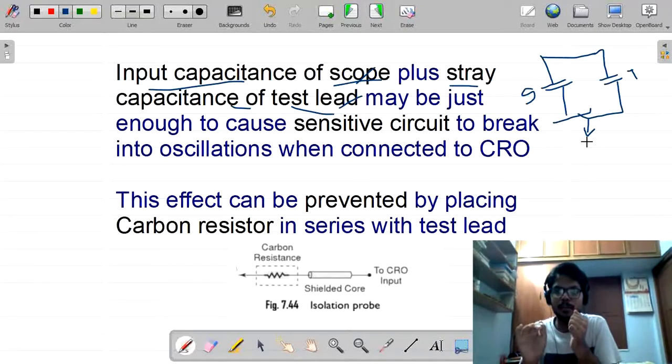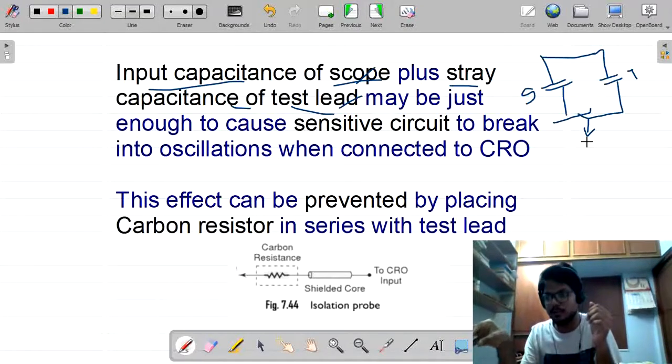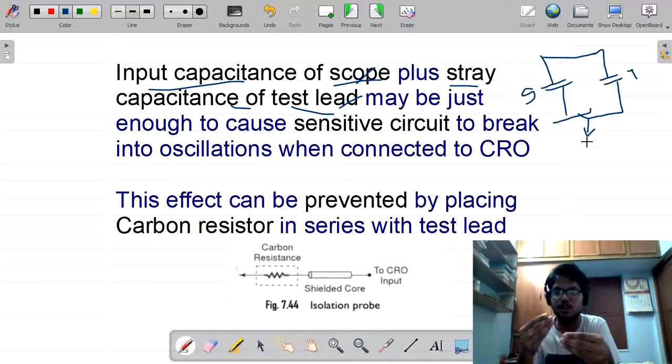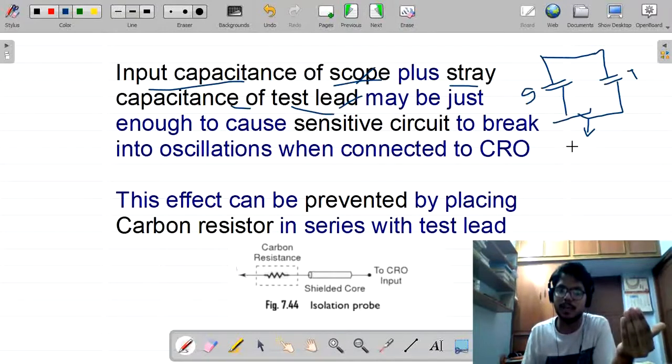So now what will happen? From the electronic component, we are getting some waves into the probe, and the probe is generating self oscillations. The incoming wave then overlaps with the generated waveforms. So we need to avoid it. How will we avoid it? We will avoid it by placing a resistor here.